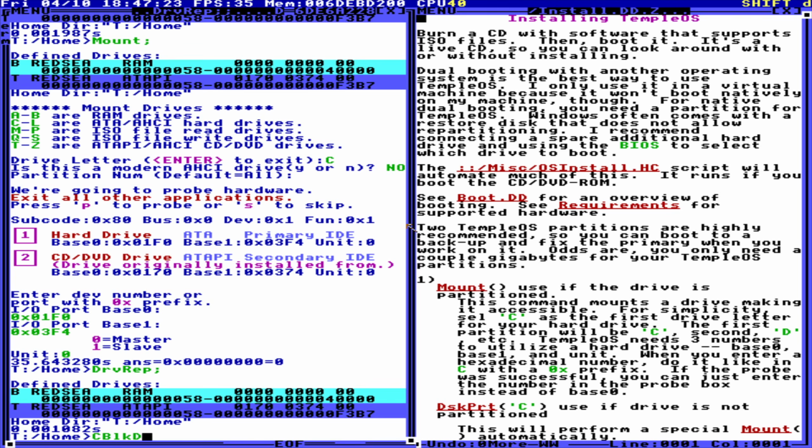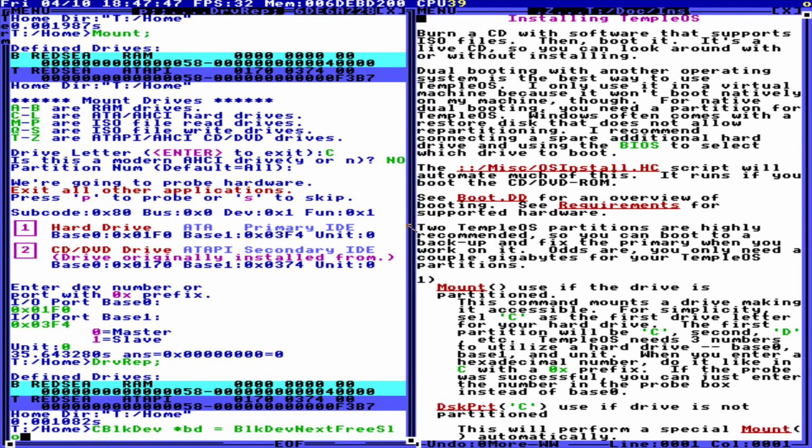C block dev and then creating a pointer variable, and then block dev next free slot, block dev next free slot, yeah. And I do this, which is like I set it to C. If I do the right character, that would be nice. And then